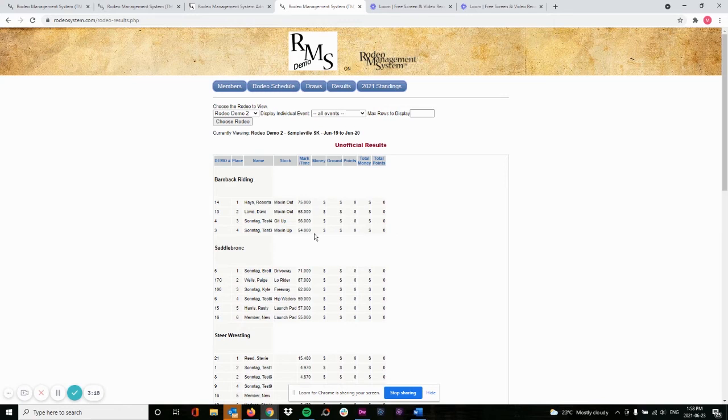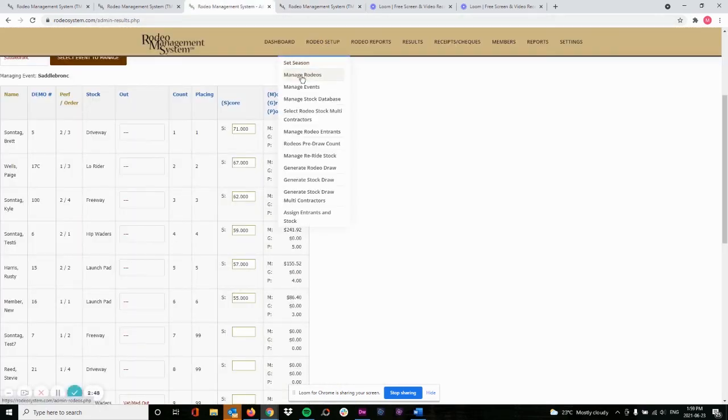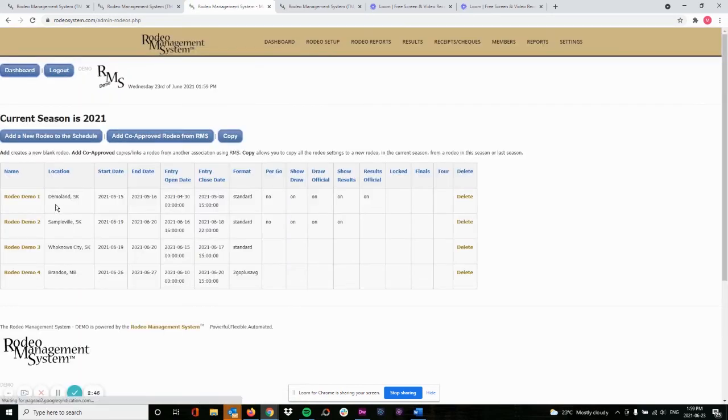But what is not shown, because results are still unofficial, are any money winnings or points awarded. So once you are ready to show the results as official, including any money or points that have been awarded, we would go back to the admin system. We would manage that rodeo again,